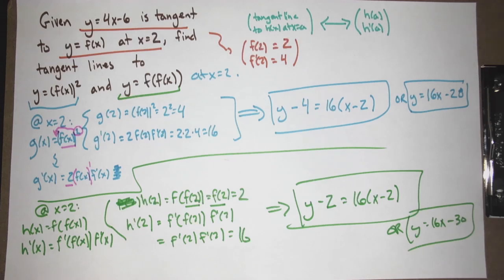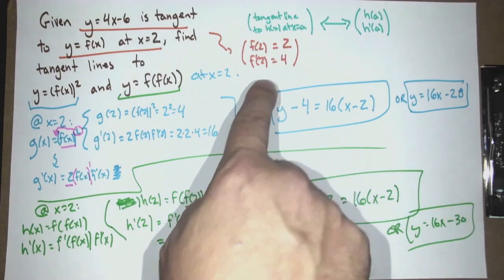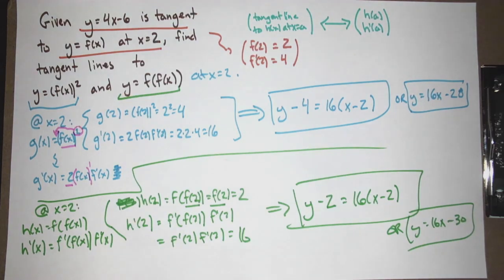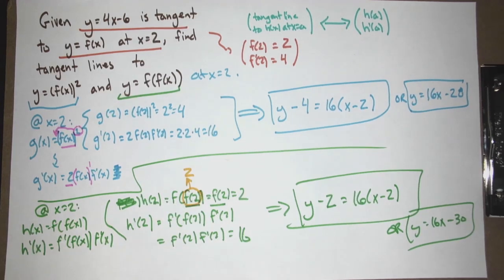Where did the f of f of 2, where did the first f go? Or did it just kind of cancel each other out or something? Well, it's not that, because we knew f of 2 was 2. So this inner part, this f of 2, became a 2. So it's f of 2. So it wasn't that there was cancellation. It just works out very, very nicely.